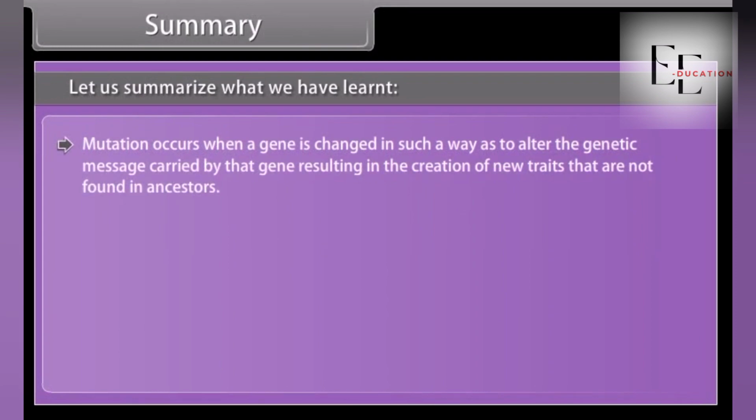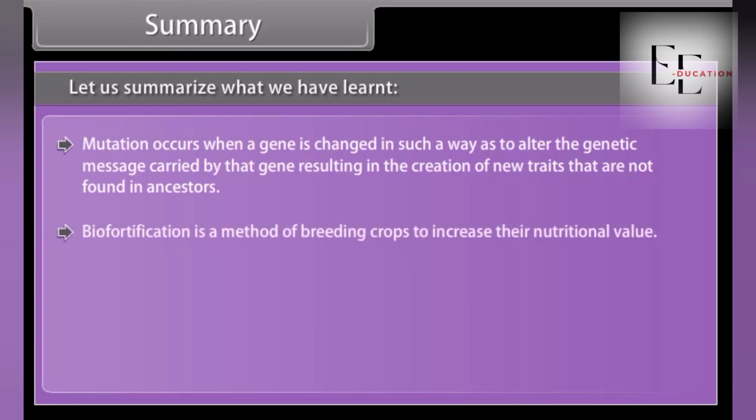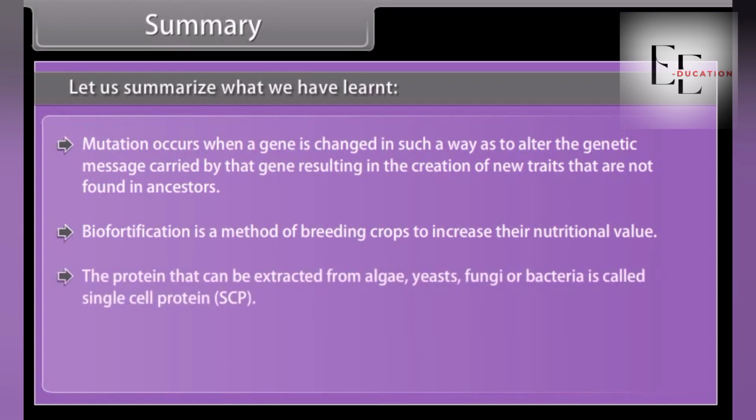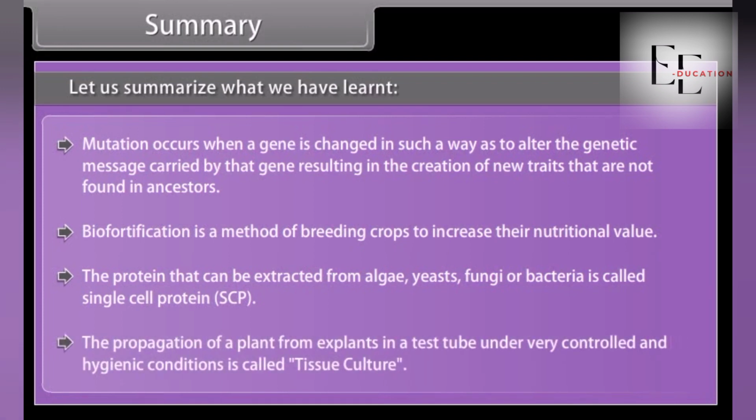Mutation occurs when a gene is changed in such a way as to alter the genetic message carried by that gene, resulting in the creation of new traits that are not found in ancestors. Biofortification is a method of breeding crops to increase their nutritional value. The protein that can be extracted from algae, yeasts, fungi or bacteria is called single-cell protein, SCP. The propagation of a plant from explants in a test tube under very controlled and hygienic conditions